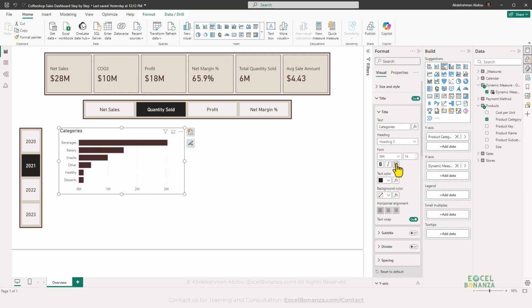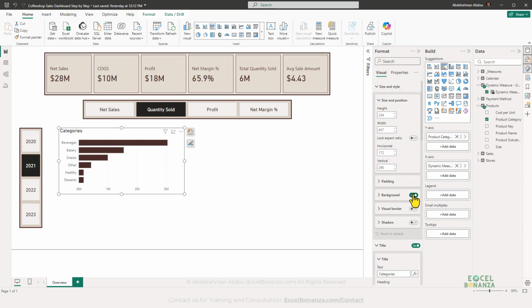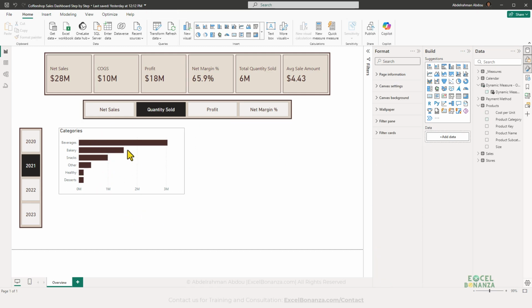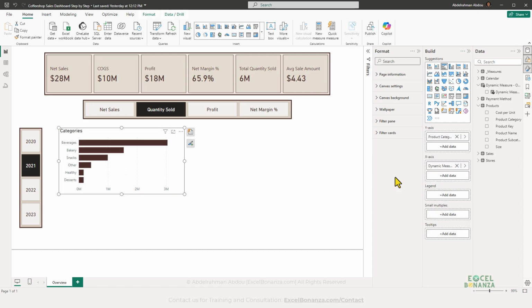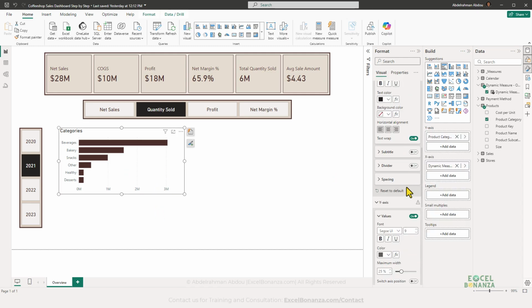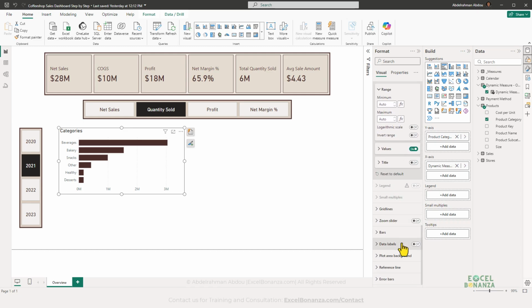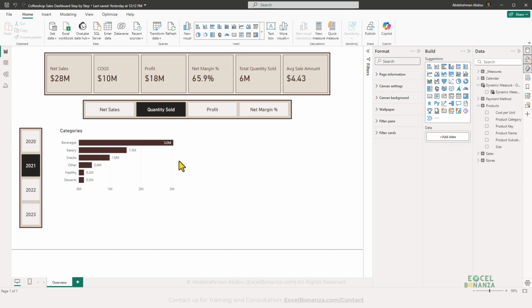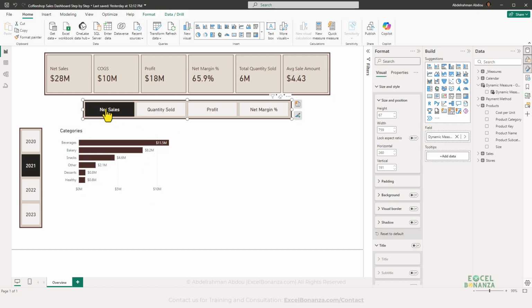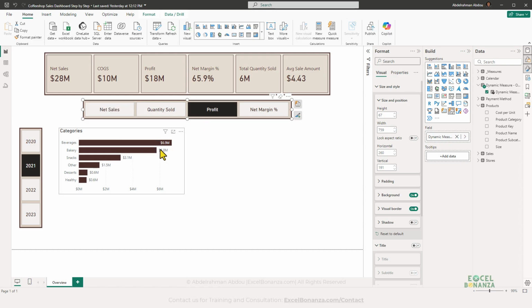All right, so now I managed to build this chart. I'm going to remove the background from it because then I'm going to create a background, and this should be transparent. But you can see here, this is how we created the chart. We could also add the data labels. So let's add the data labels as well to the chart. All right, so now we've added the data labels, and you can see here the data labels are also dynamic. Whatever we select here, it changes the